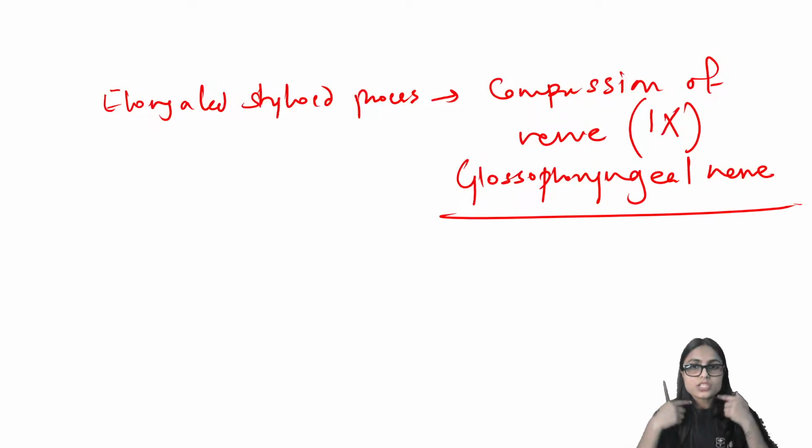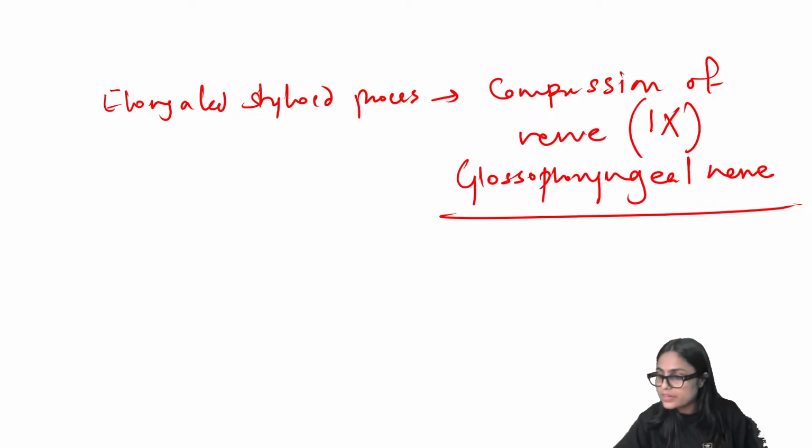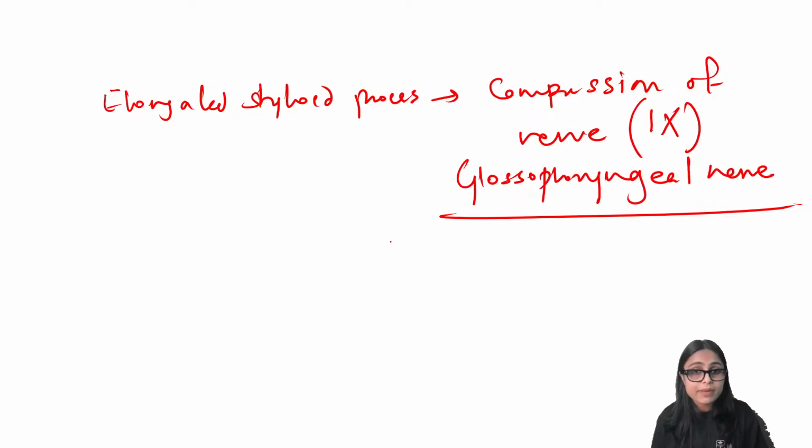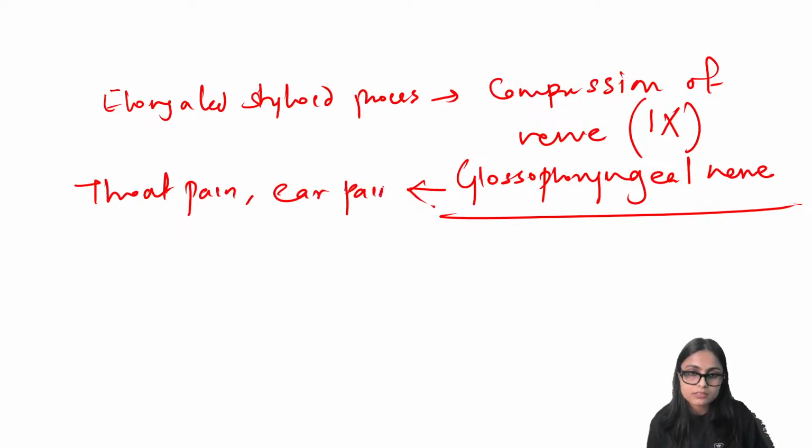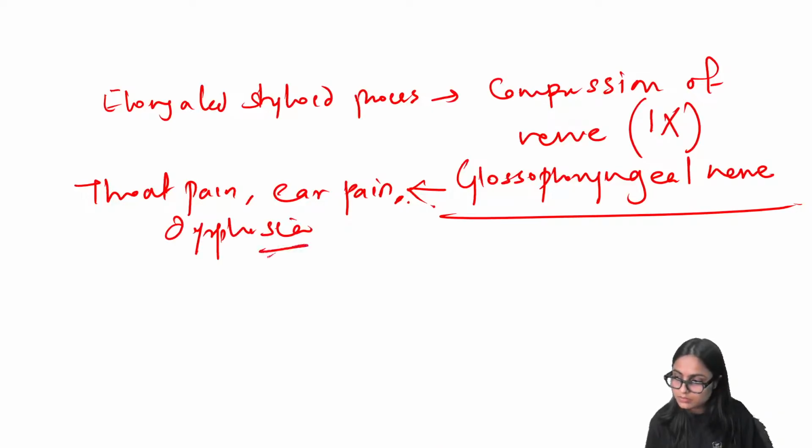When there is an elongation, there is compression of the ninth nerve, which is the glossopharyngeal nerve, and this compression leads to throat pain, ear pain, dysphagia, okay, and then pain